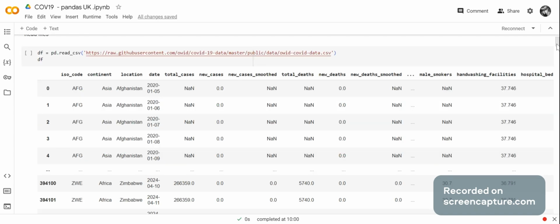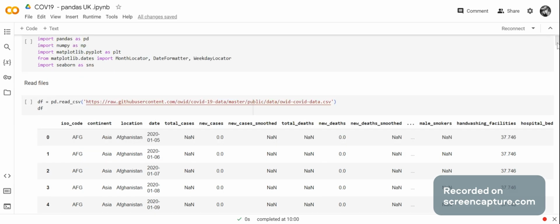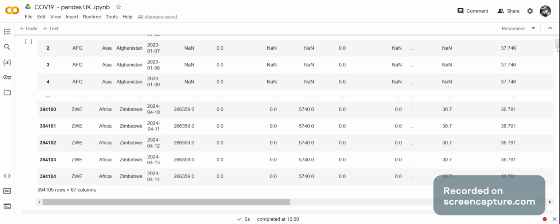Then after we have imported the libraries we need, we're going to use pandas to read the Our World in Data file. And you can see that the last day of Our World in Data was April 14th,